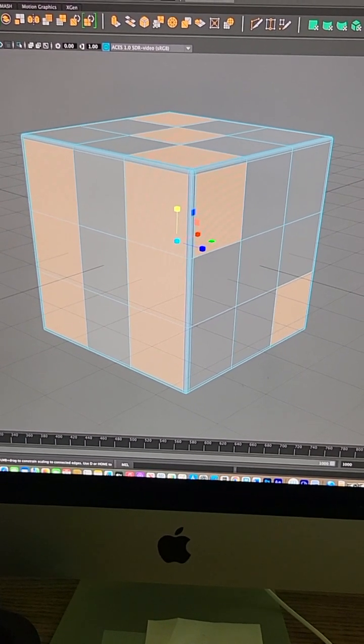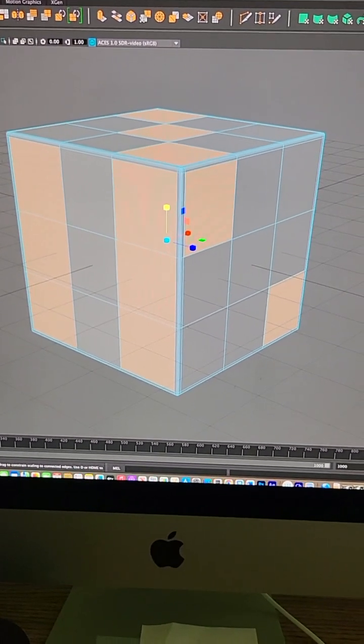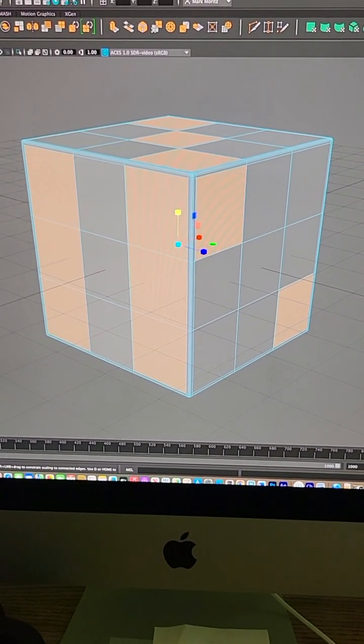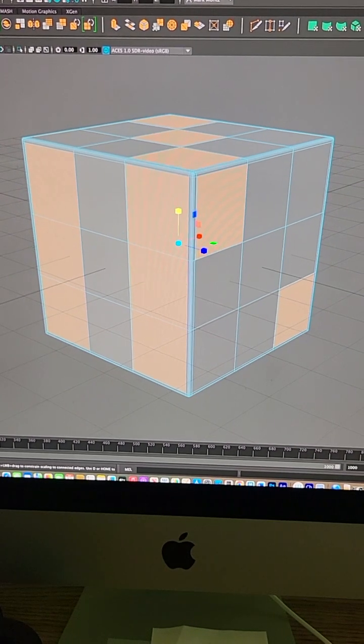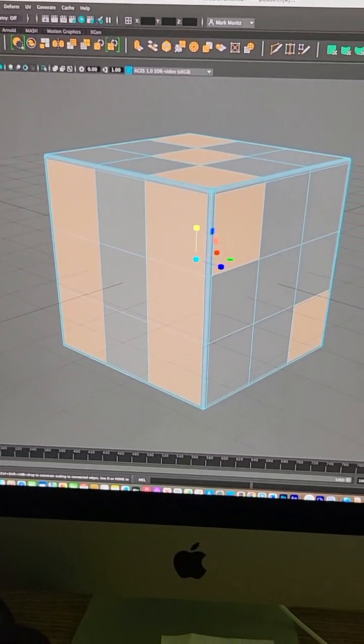When I do this later on, I want to go back and I'm going to smooth it. So I want to be able to select these faces for smoothing. In the instructions, it has you do it to the whole side. I'm just doing it this way because it's actually easier. And I actually did this in the last